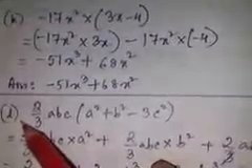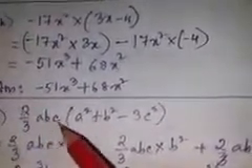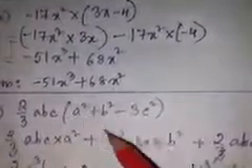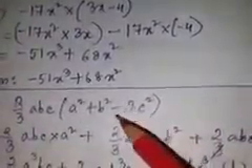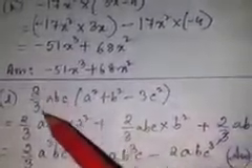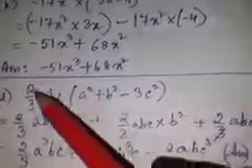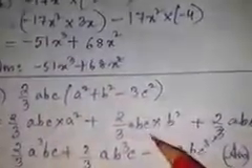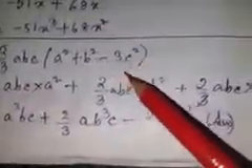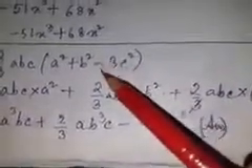Now in part L, here it is given 2 by 3 abc has to be multiplied with this whole expression. So the method of multiplication will remain the same. Like we have 2 by 3 abc, at first we are going to multiply with a square, 2 by 3 abc we are going to multiply with b square, and then 2 by 3 abc we are going to multiply with this minus 3c square. You will have to keep in mind about the sign.